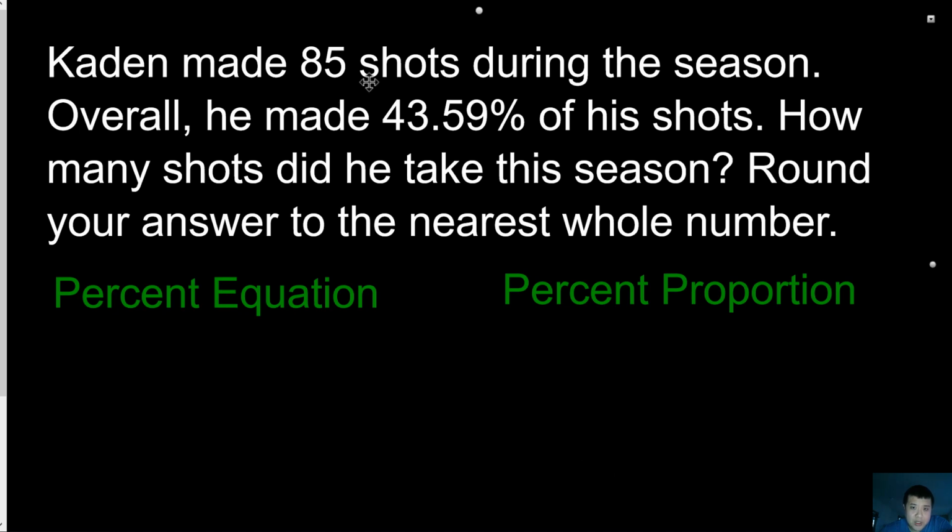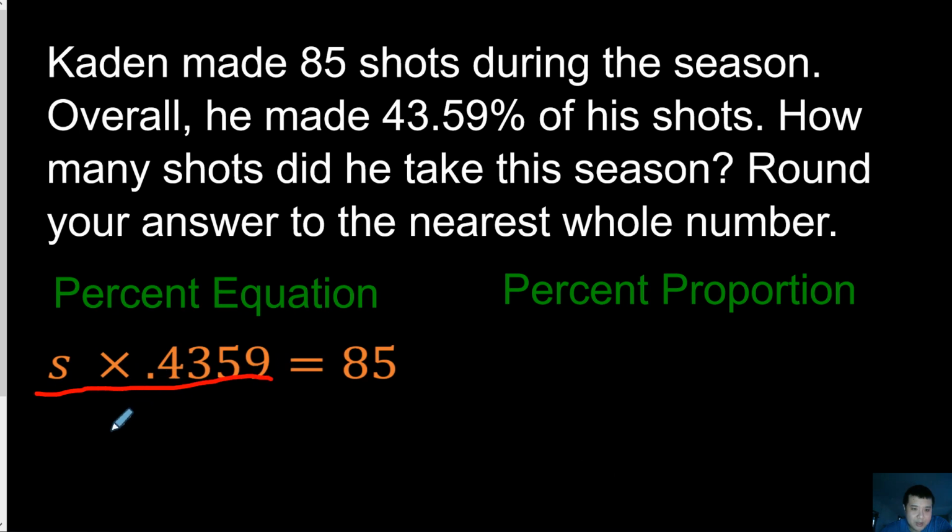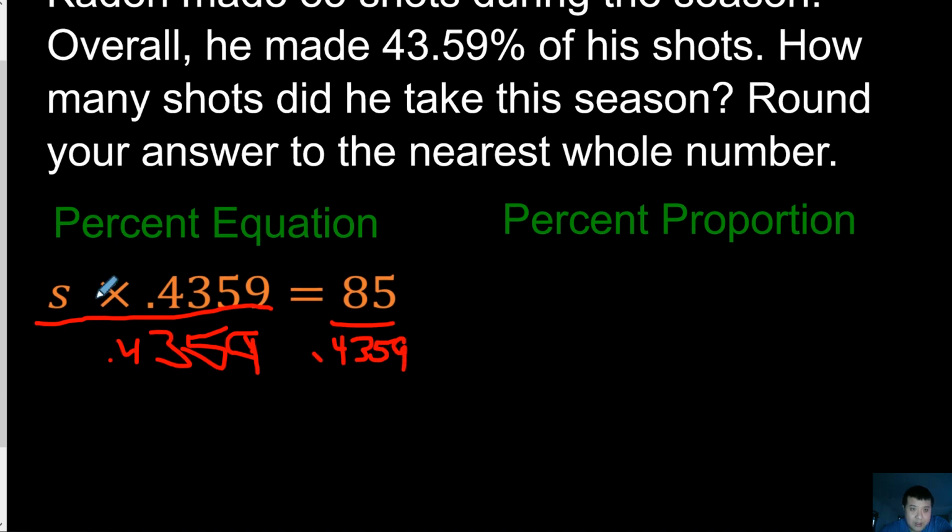So for the percent equation, we know that the number of shots he took overall times 0.4359, because that's 43.59%, gets us 85. So we set it up as S, being the total number of shots that he took, times 0.4359 equals 85, and we're going to divide both sides by 0.4359. As a result, what we get is S equals